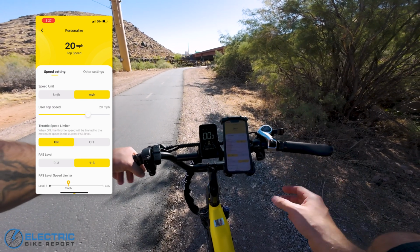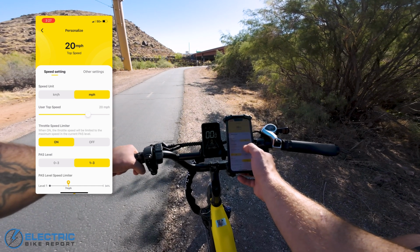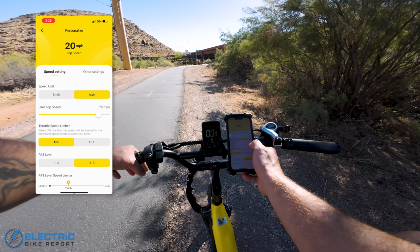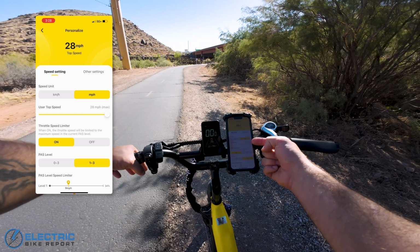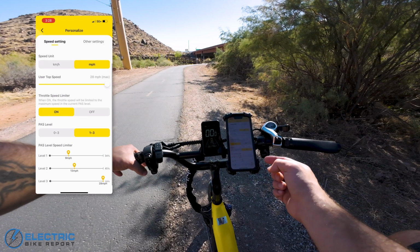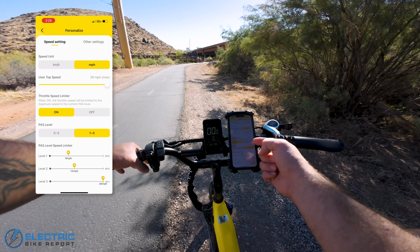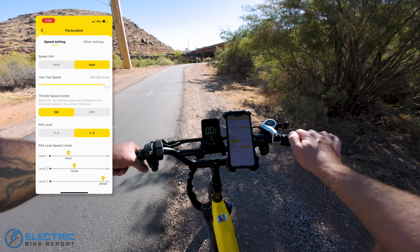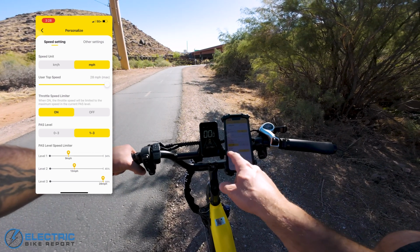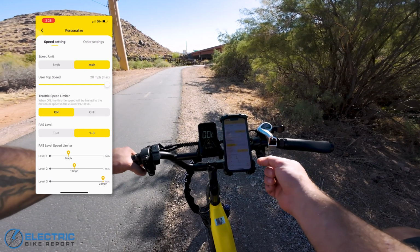And then if we go back to speed settings, we can change our units, we can change our top speed with this slider. So right now we are basically in the class 2 mode. We can adjust this up to 28 miles per hour for pedal assist, which makes it a class 3. We have a throttle speed limiter, so that basically connects the throttle speed to the maximum that is set with this slider. Again, we have that PAS level adjustment that we talked about earlier, and then probably the coolest thing